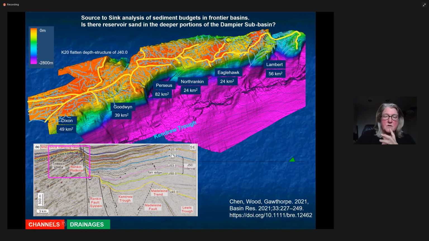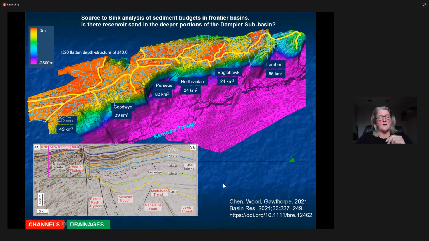And so we were really interested in this interval in here where there seemed to be a dominance of fans between the K10.2 and the Jurassic or the J53 horizon. And there are these dominance of fans down through here. And the question became, if we look at fans all along the foot of that fault, how do we know which ones are sandy and which ones are coarse grain and which ones are fine grain? And what is the highest probability to find coarser sediments off in here?